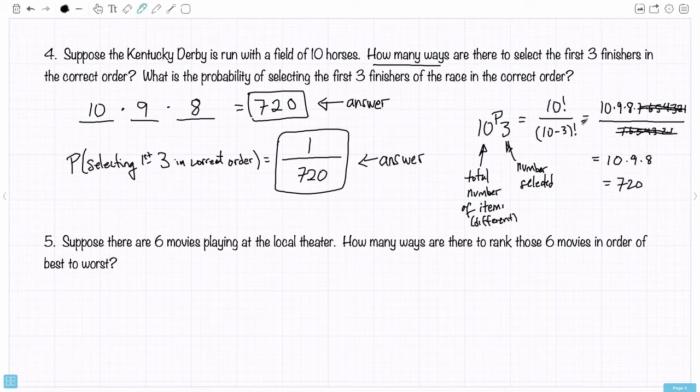In fact, there's another shortcut that I sometimes use, and that would be if I wanted to do 10P3, sometimes even without picking up the calculator, I could do the calculation where I start with the number 10 and multiply 3 numbers counting down from 10. So that would be 10, 9, 8, because that's 1, 2, 3 numbers counting down starting at 10, and I get the answer that way. So that's a useful little shortcut that we could use,